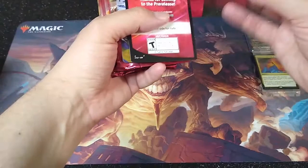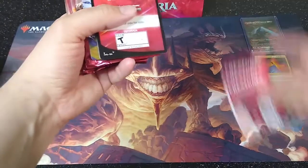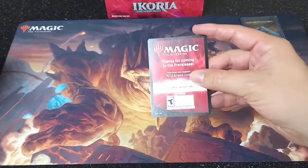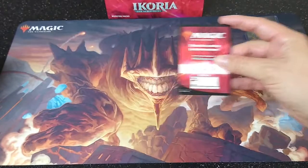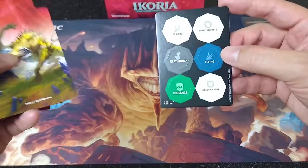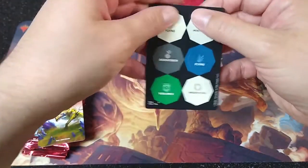I got a how to play booklet. No one cares about those. My arena card. I'll probably be using this in tonight's stream. Let's see what I got. It's got the punch outs. These are the little punch out